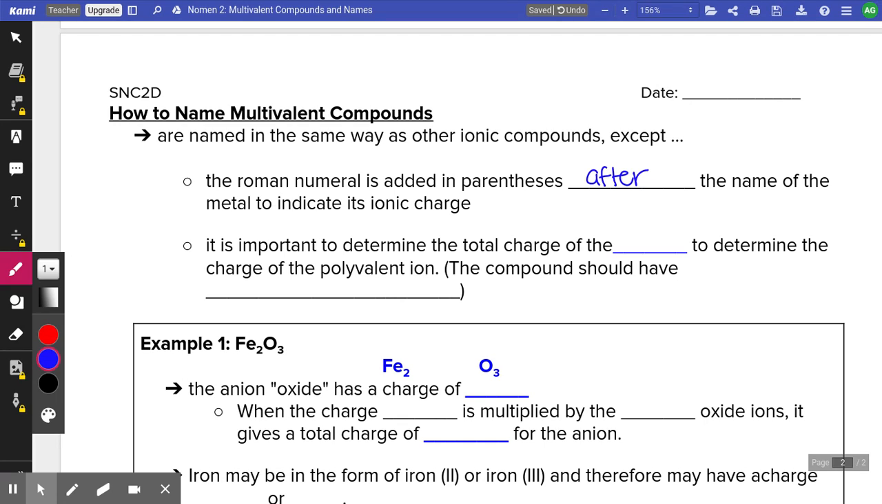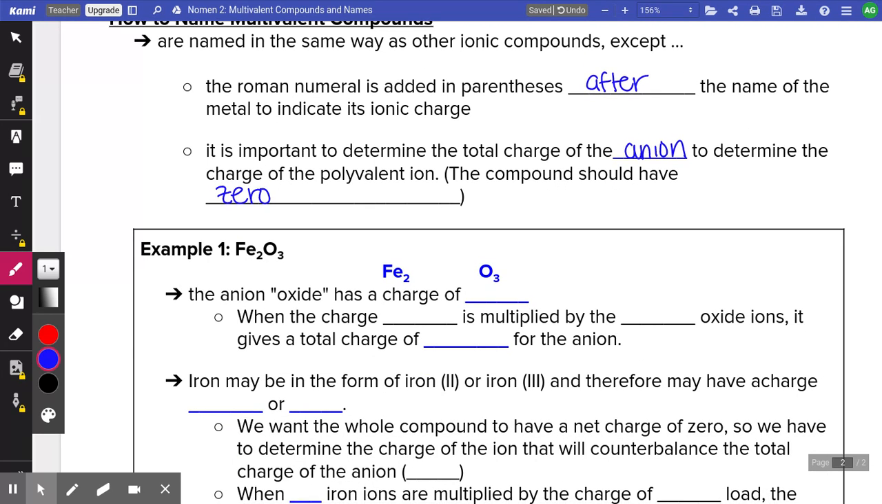It's important to determine the total charge of the anion to determine the charge of the multivalent ion. Okay, so again, this is coming back to this idea of a compound having a net charge of 0. So compounds should have a net charge of 0, which means that when we look at our multivalent ions that are in a compound,